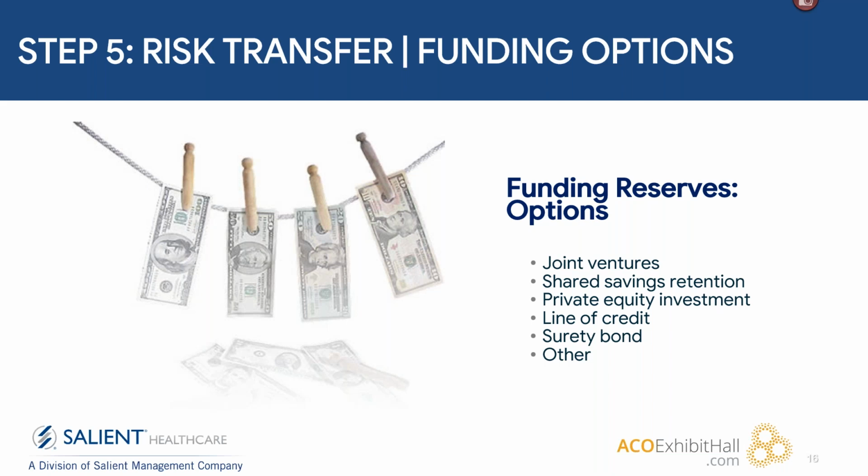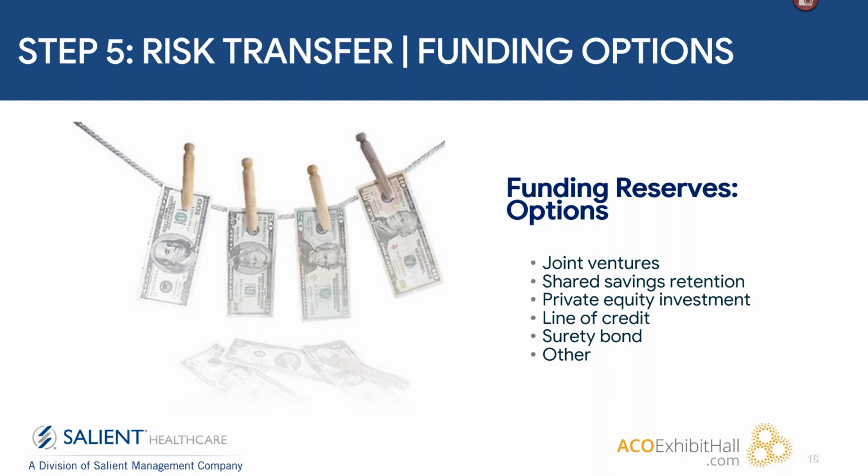Okay, step 5, risk transfer funding options. As you know, taking on downside risk involves a potential for financial loss. We all know that. The bad news is if the ACO does not employ the risk management strategies like the ones I just mentioned to minimize loss exposures, it's going to likely incur devastating financial losses. The good news is that there are several options available to help meet the reserve requirements associated with various levels of financial risk. So in this slide, some of the options like joint ventures, shared savings retention, private equity investment,